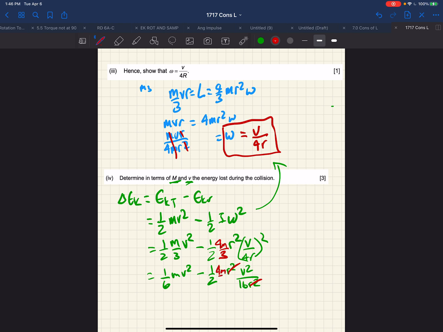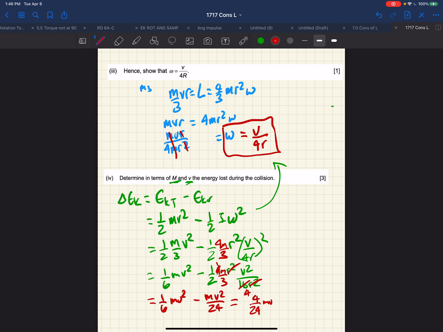So we have 4m/3. This 4 cancels, that becomes 1, and this becomes 4. And so we're left with 1/6 mv squared minus mv squared over 24. Well, putting these into 24ths, that gives us